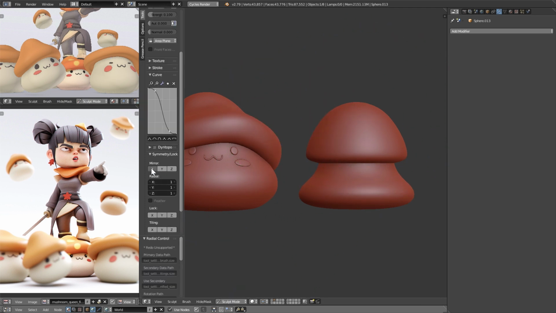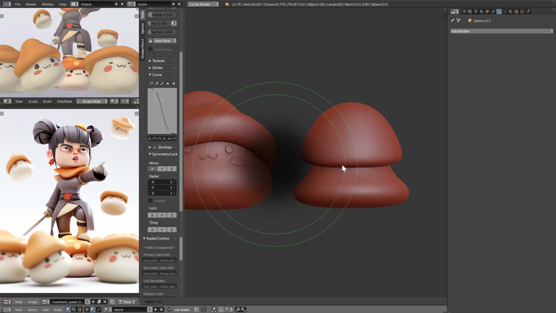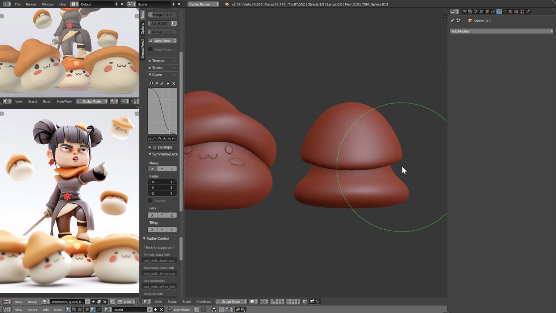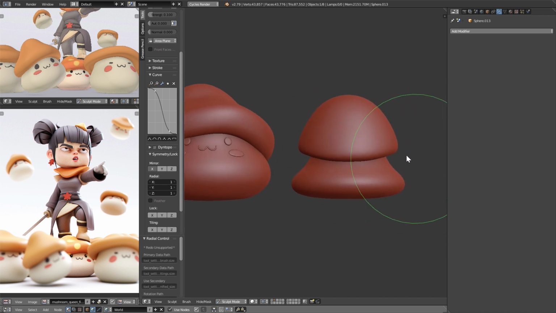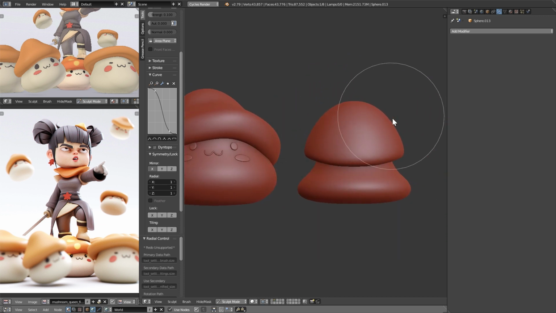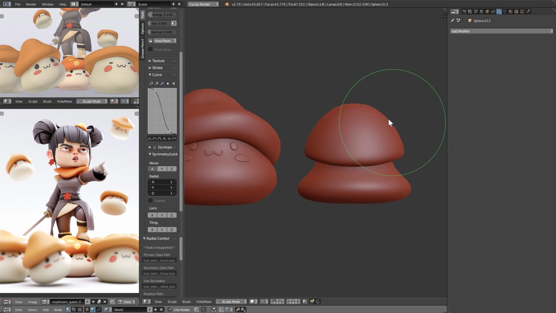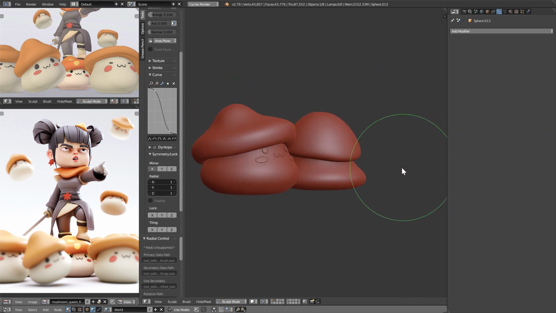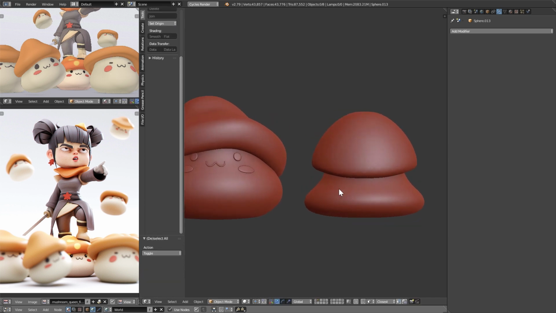I'm going to activate the X symmetry over here, and I will push this downwards over here. There you go. And yeah, that's actually pretty cool. I like it this way. You can even smoothen things out with Shift. So to smooth this area over here, and it's looking pretty cool. Okay, so I will go out of sculpt mode, and then I will create the